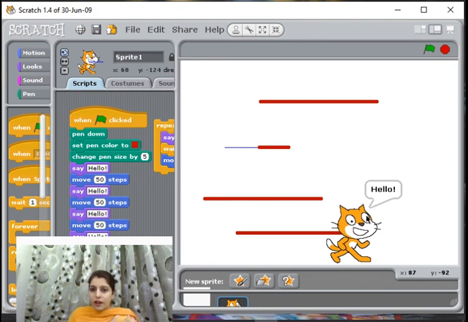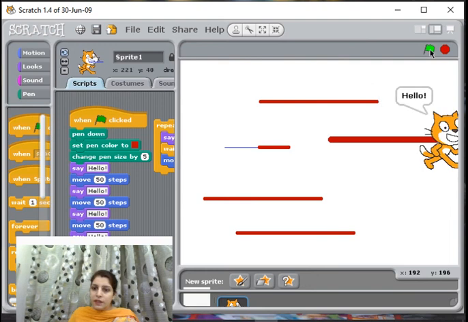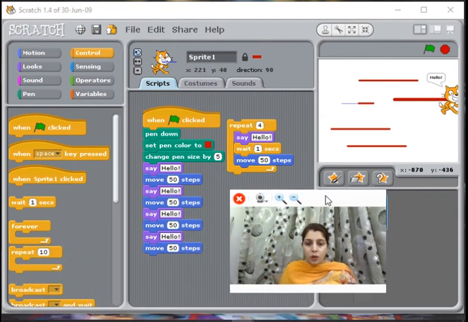Other than that, what you can do is you can directly take it from the green flag also. So the number of instructions has been increased in that case, but the output will be same, right? The output is same, but in order to avoid so many instructions that are repetitive in nature, that are duplicate in nature, we can use a repeat block instead of writing such a long code. So I hope the repeat block is clear to you all.